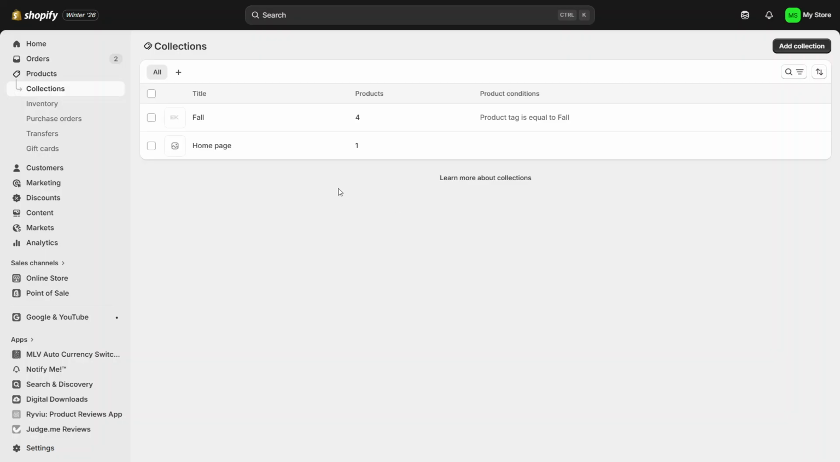Now you'll see a list of all the collections you currently have in your store. If you want to change which products are featured within an existing collection, simply click on the name of that collection to open it. If you'd prefer to create a brand new collection to use for featured products, look toward the top right corner of the page and click on Add Collection. This will let you set up a fresh collection that you can later connect to a featured section in your